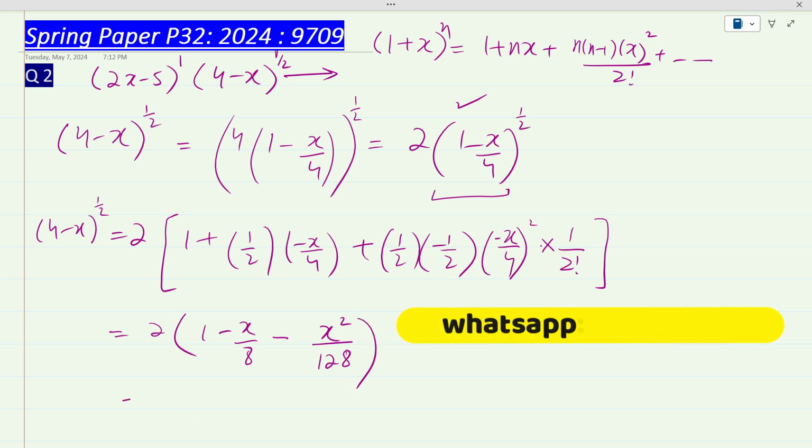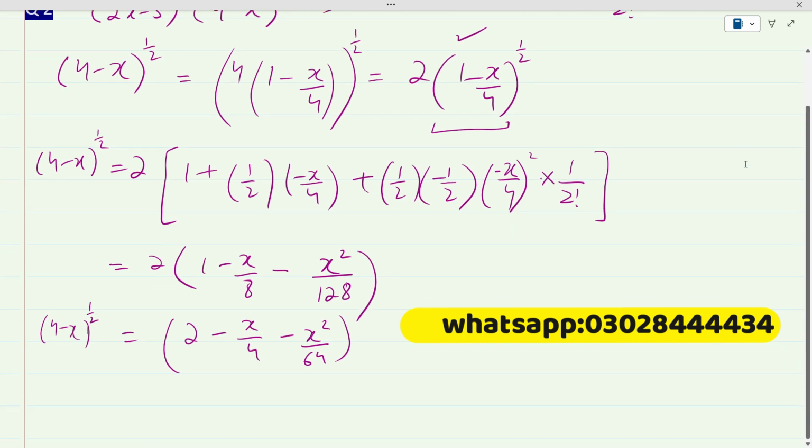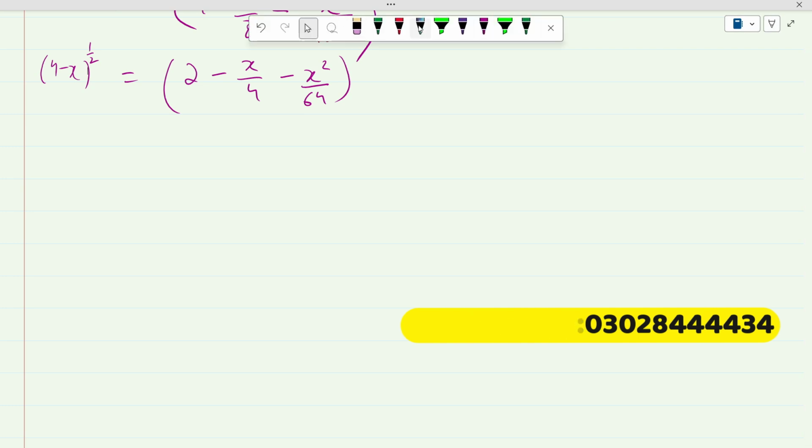So after simplification, we have 2 minus x over 4 minus x square over 64. This is the answer for this factor, (4 minus x) to the power 1 over 2, using the binomial expansion. So now let's find the coefficient of x square as a product of these two factors. Let me write down the question again for you. The question was